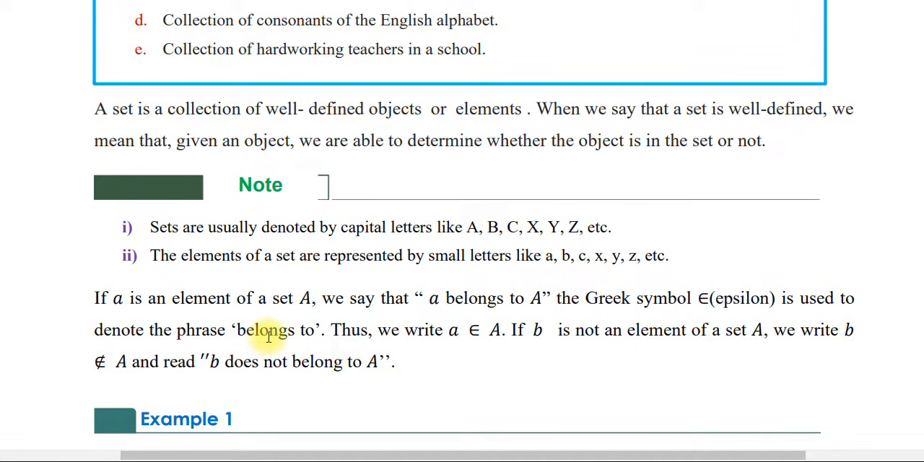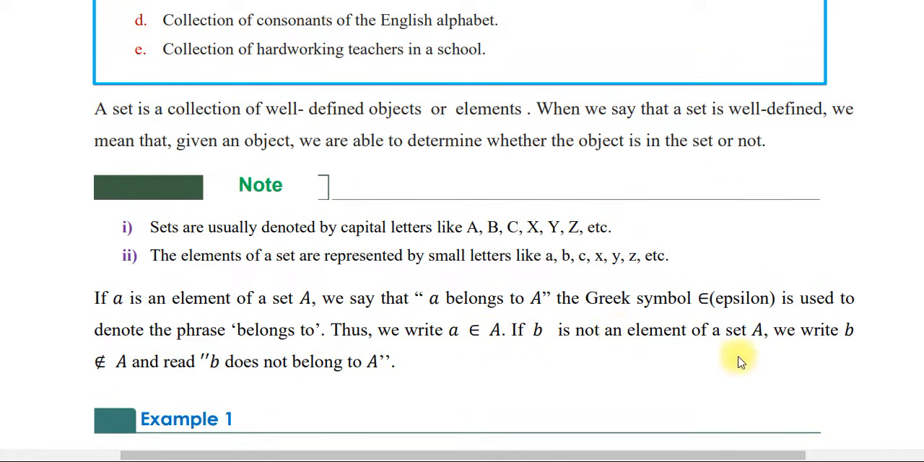Thus we write a ∈ A, or simply small a belongs to capital A, or element a is an element of set A, ተብሎ ይነበባል። If b